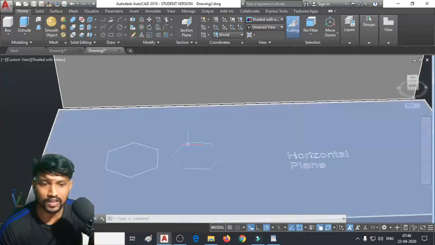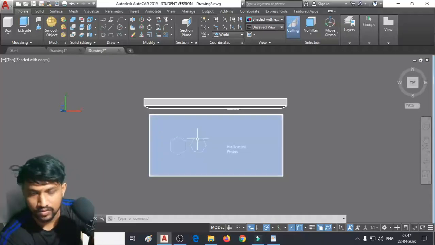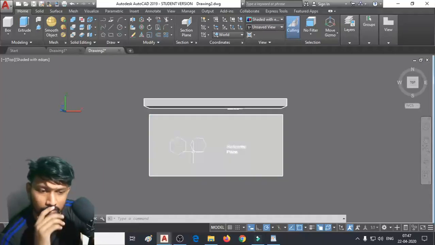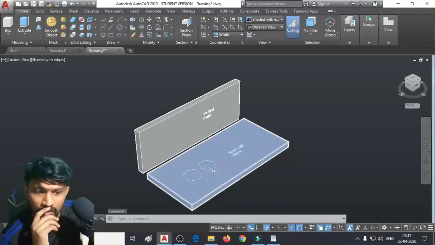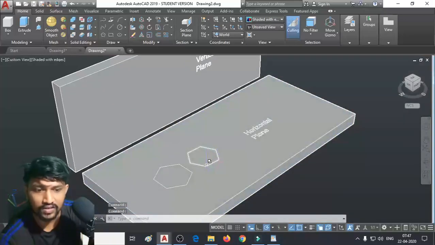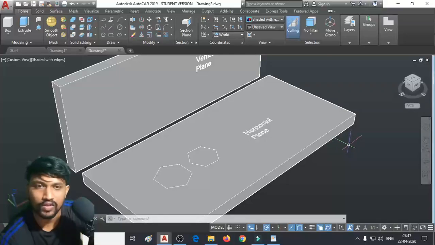this one is actually initially making a certain inclination with the vertical plane. See here, with respect to the vertical plane, this line is already making a certain inclination. So let us say that is also not a problem. If I rotate this one to 60 degrees here, I'm not sure when I lift the rest of the edges whether I'm going to get 45 degrees inclination with respect to the horizontal plane or not. So that would be somewhat difficult.